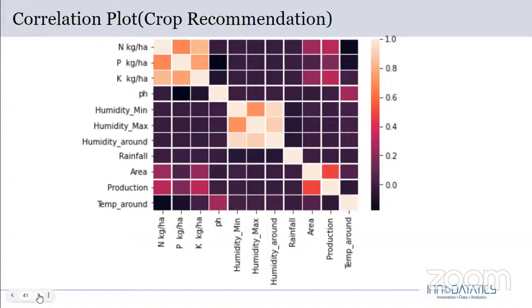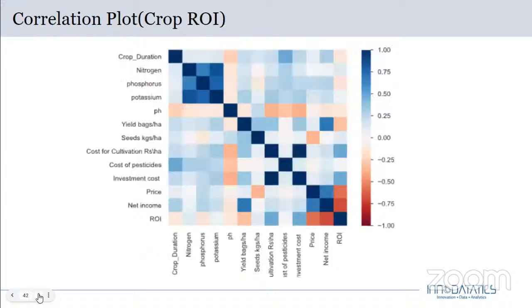Here, we are trying to show the correlations through a heat map with all features, where we will find if any of the features have high correlation, we try to take them off or make some adjustments. So the particular variables will not affect our model. We did the same for the crop recommendation and ROI. The heat map will reflect where the data is highly correlated or not.